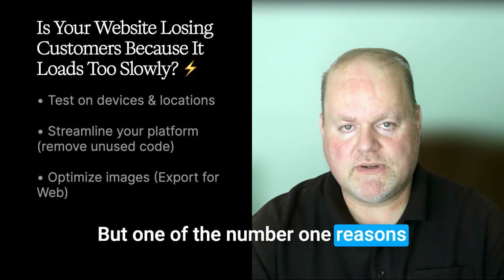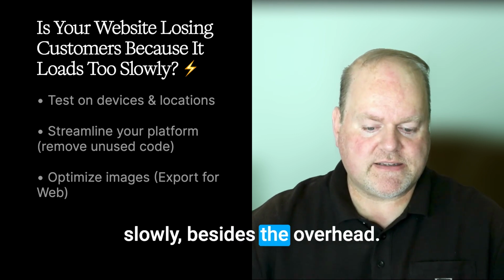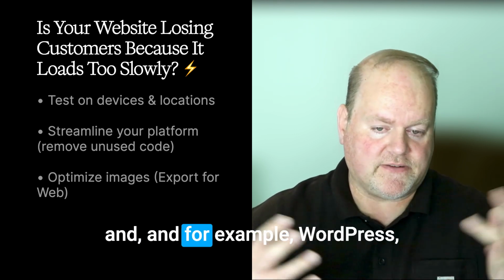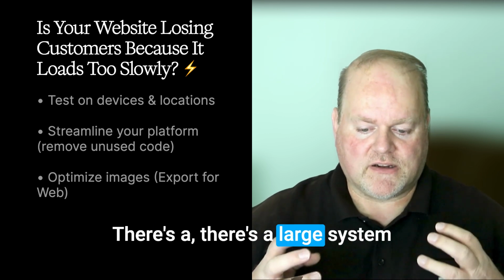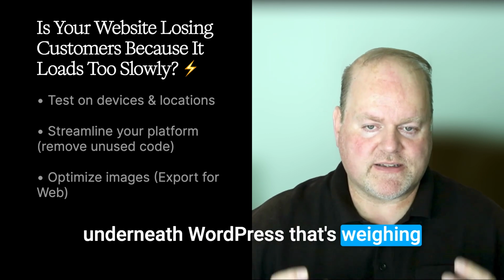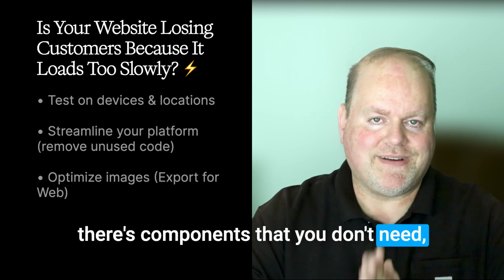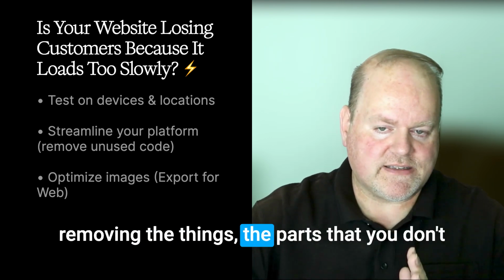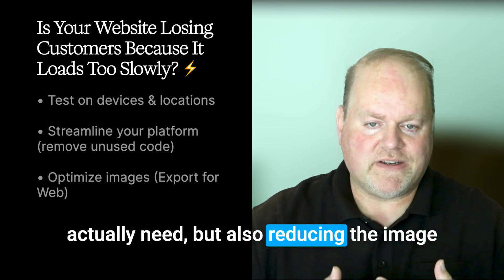But one of the number one reasons why websites are loading slowly, besides the overhead of the system you're using, for example, WordPress, it has a lot of code. There's a large system underneath WordPress that's weighing it down. That affects performance. There are components that you don't need. And so it's a good idea to streamline, removing the parts that you don't actually need, but also reducing the